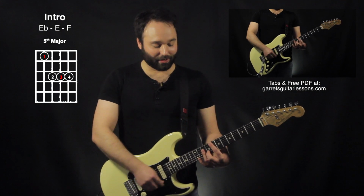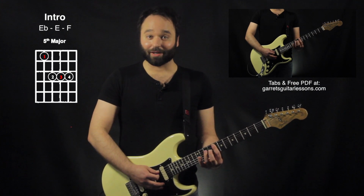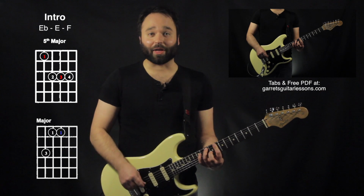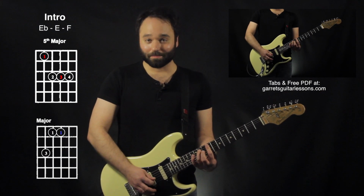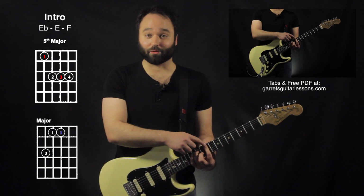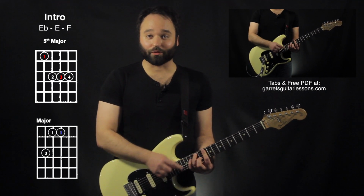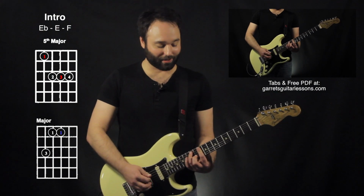Now after that, his first finger is going to stay there, which is going to be on the 8th fret. I'm going to be hammering on my third finger on the 10th fret, or 2 frets above that on the 5th string, and then going up to the 9th fret. And my hammer on is going to be going from the 9th fret to the 11th fret on the 5th string, and then 10th fret to the 12th fret on the 5th string. So that is...